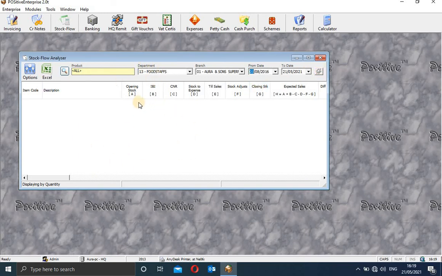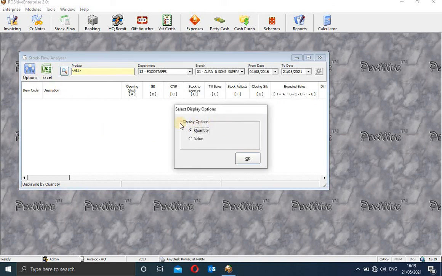So otherwise what happens in a nutshell, the stocks will appear down here, and you'll be seeing them blinking with their descriptions and their item codes. It will show you the stock level at all capacity, so that as goods are being sold in branches and those that are being transferred from HQ, you are able to see the differences here. This is a very nice dashboard, and you can also export it to Excel. You can display quantity, or you can also display value. And those values you can either use the cost price or the selling price. That will depend.